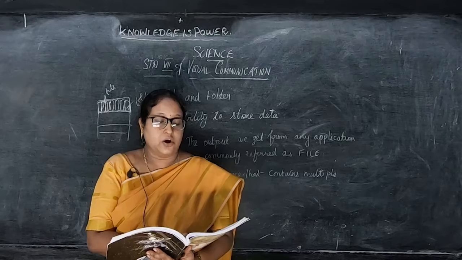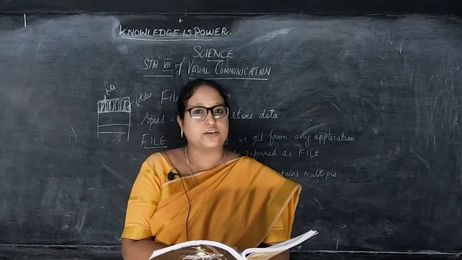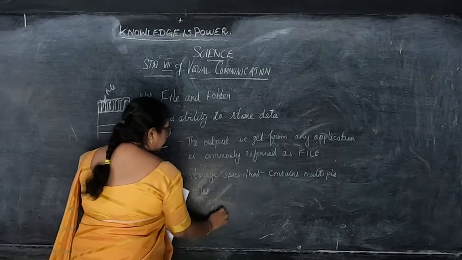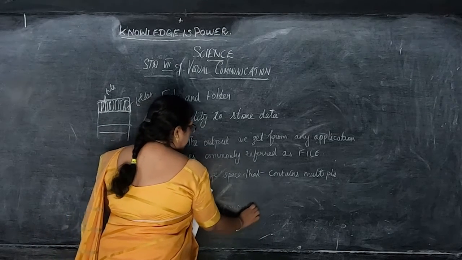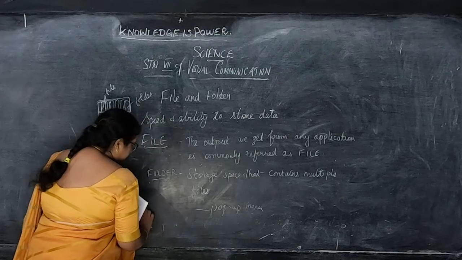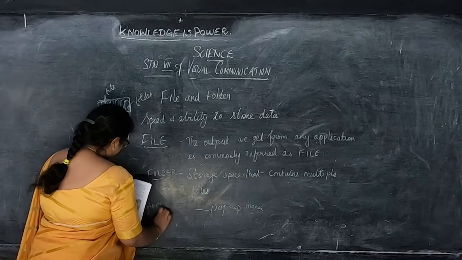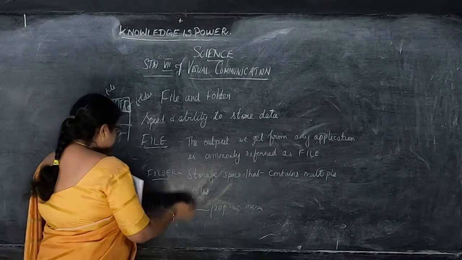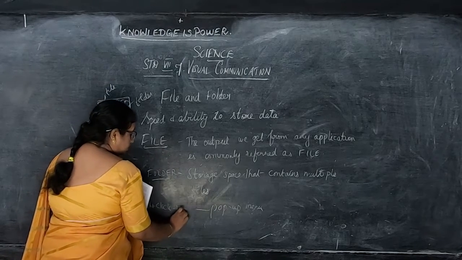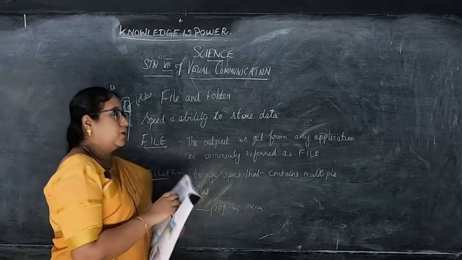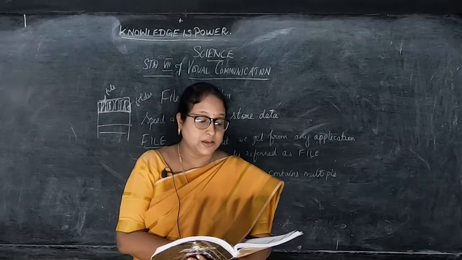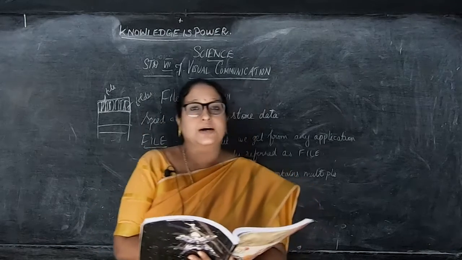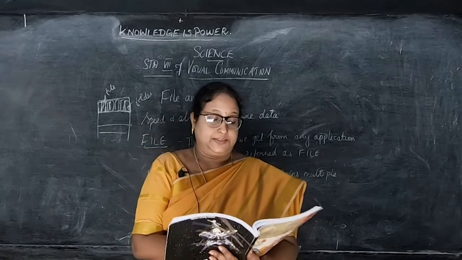When we click on the mouse, where are you going to click? The right side of the mouse. The pop-up menu appears when you give a right click on the mouse. What happens? A pop-up menu appears. Appears means it comes on the screen with multiple options. Multiple means many options. So the pop-up menu comes on the screen with many options.